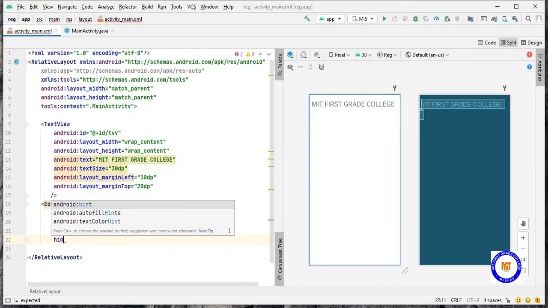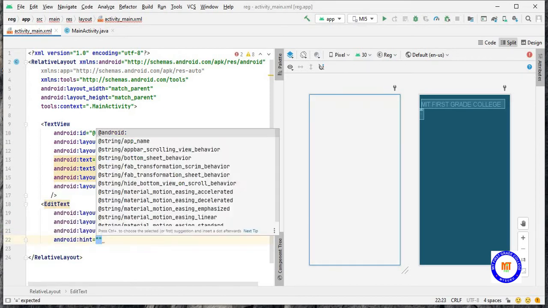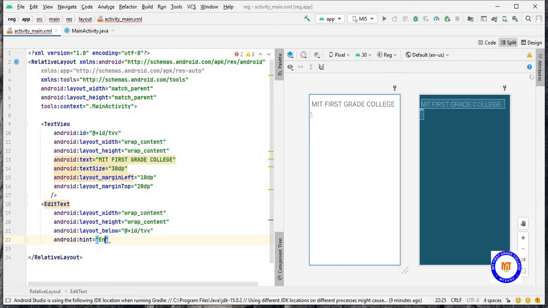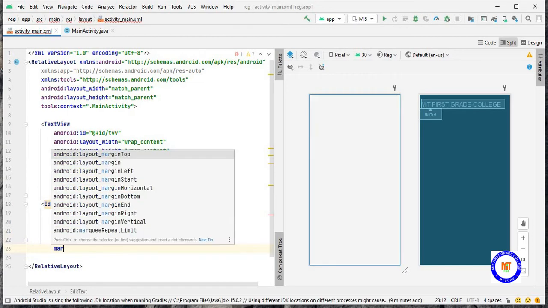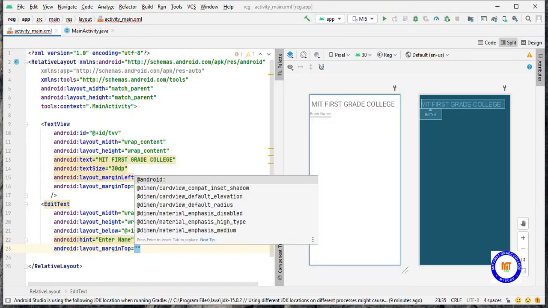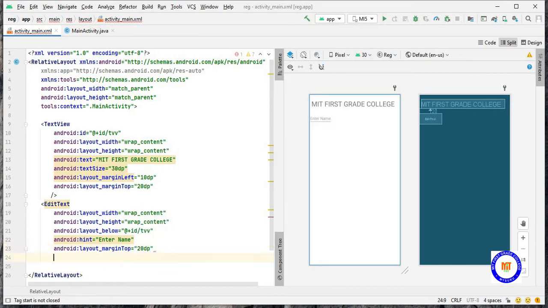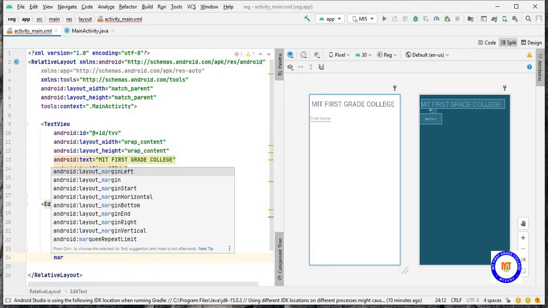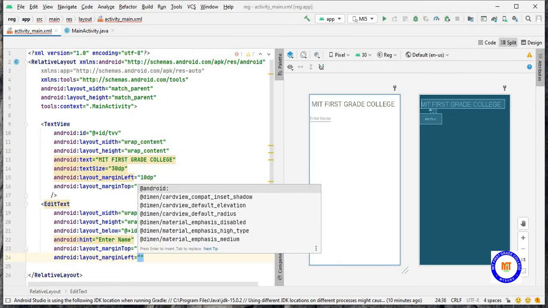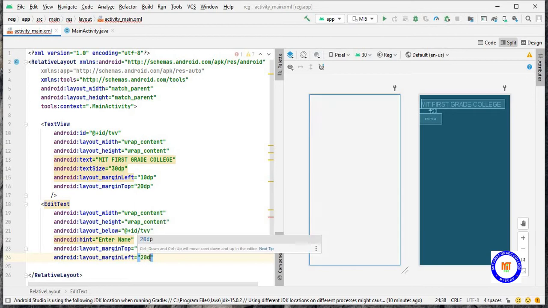I'll give the hint as enter name. From the margin top, I'll give 20 dp, and from the margin left, I'll give 20 dp.